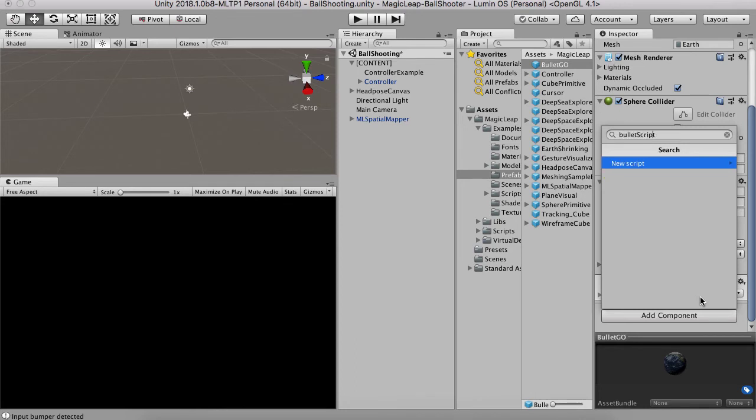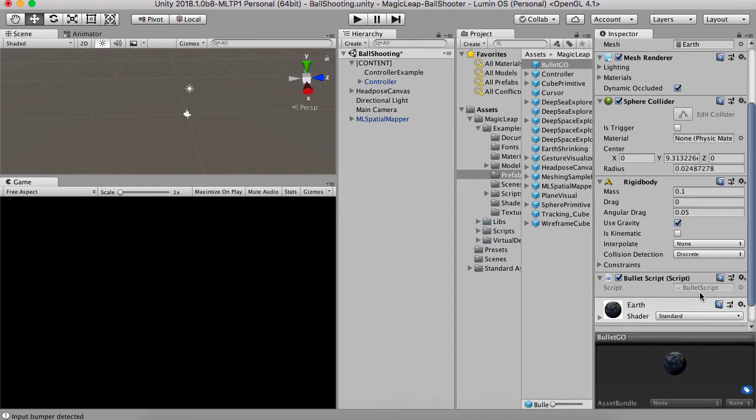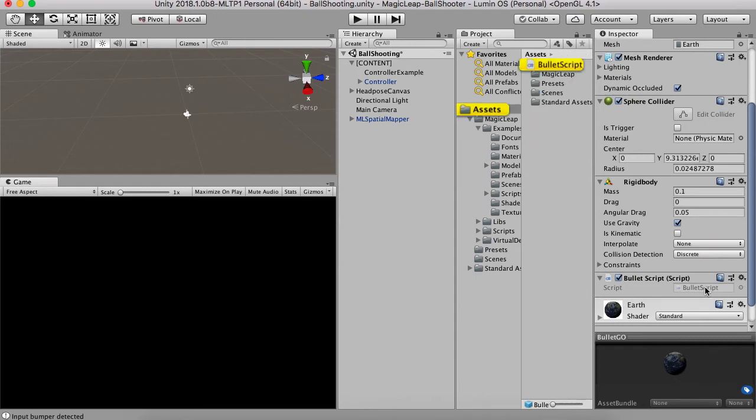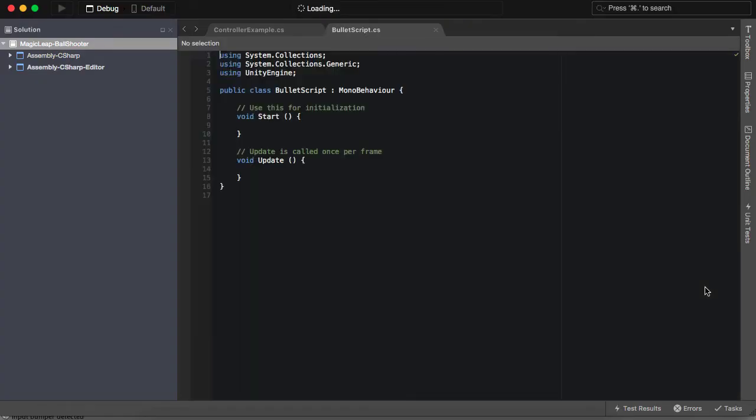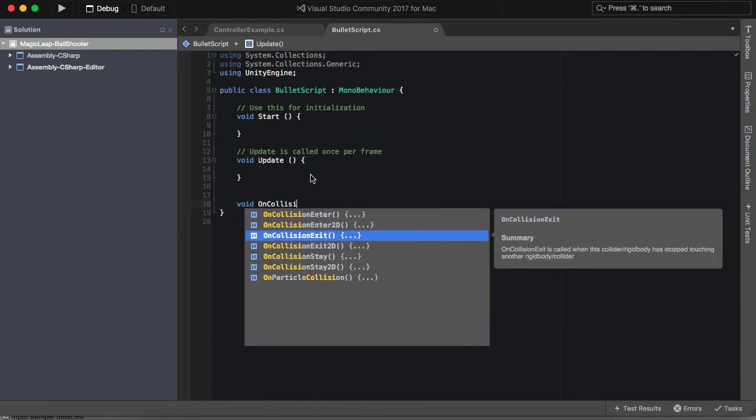We are going to add a new script using this component, C# create and add. And let's open this script. The script is loaded, and you can already see that there was OnCollisionEnter running on those bullet game objects. So void OnCollisionEnter,